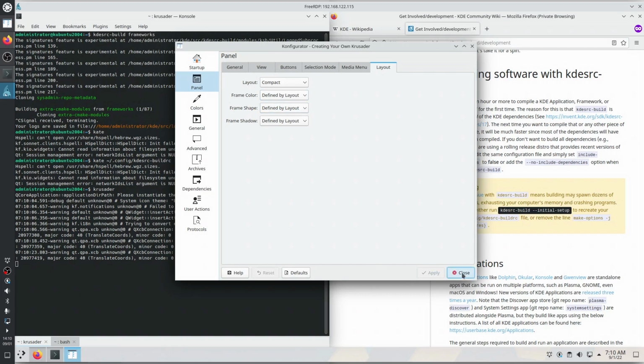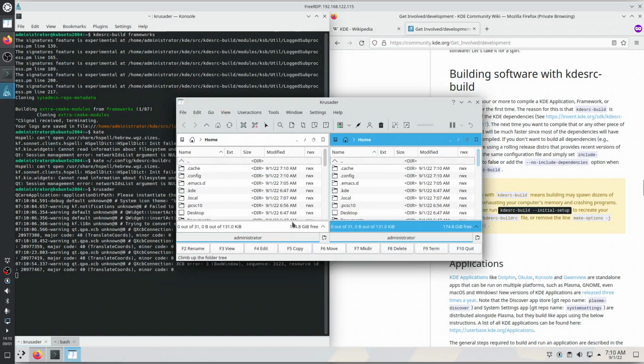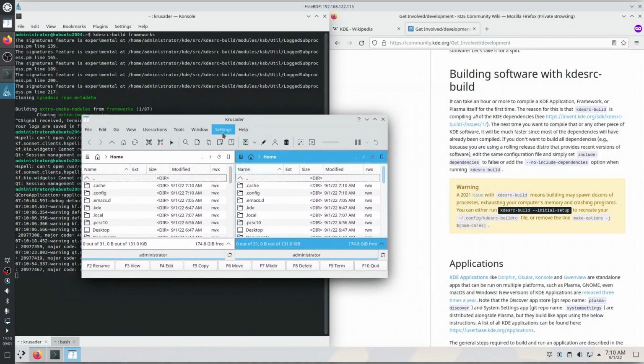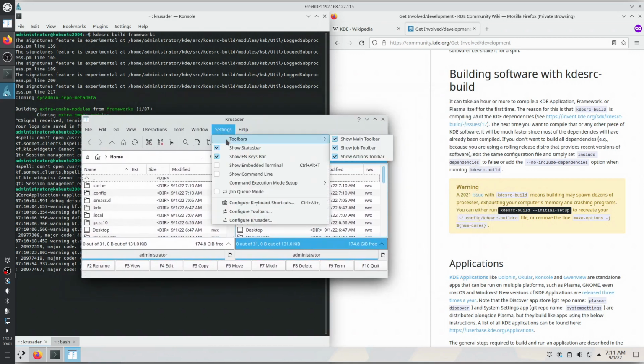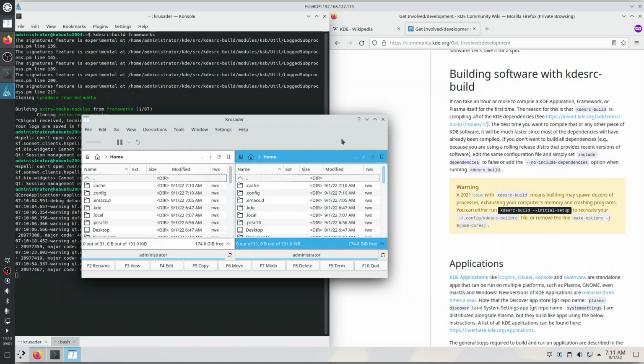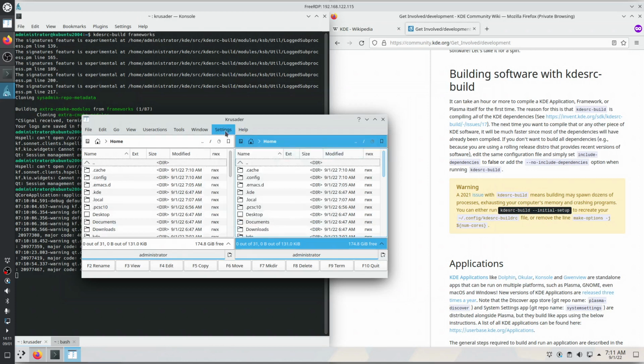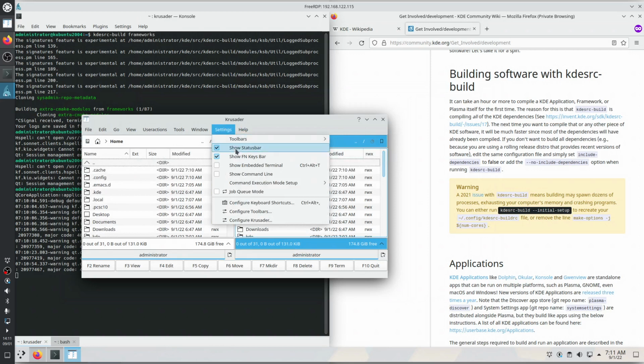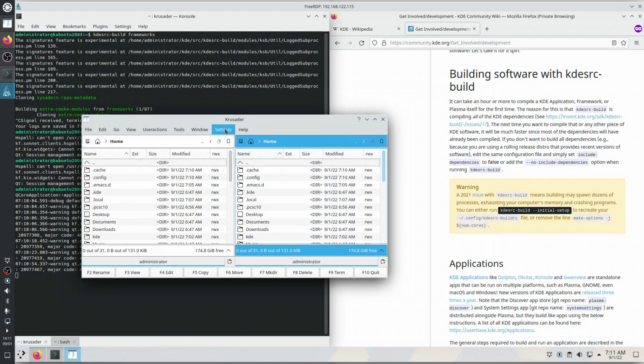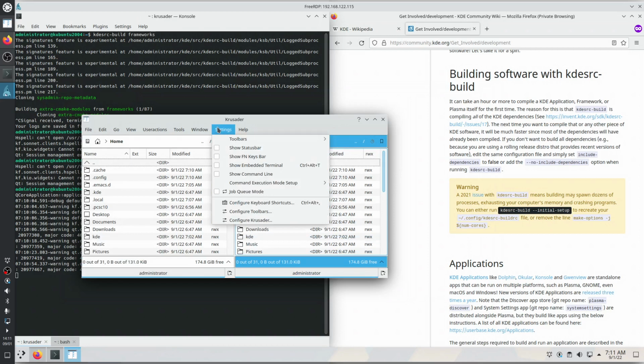Let's see if it's enough. Not compact enough for me, huge menus and everything. So no main toolbar, no job toolbar, no actions toolbar, no status bar, no function keys,